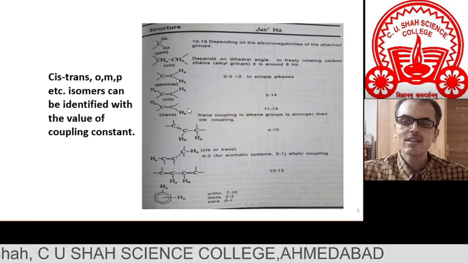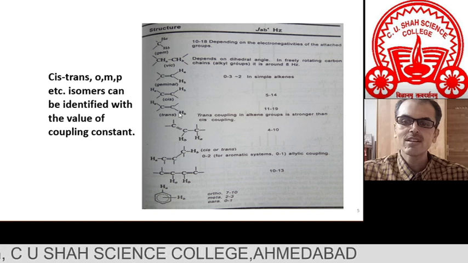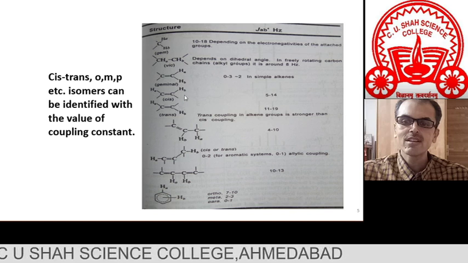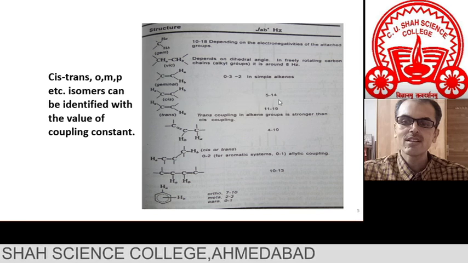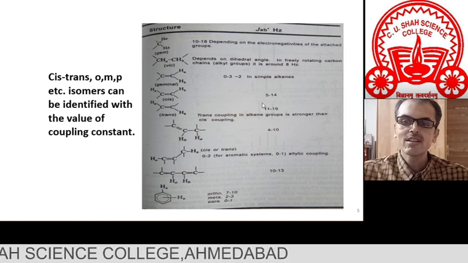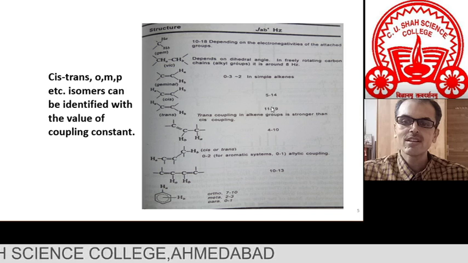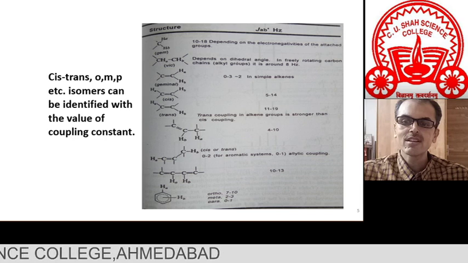This is an interesting case, cis protons and trans protons. Now cis coupling is comparatively weaker than trans coupling, and as a result you can see that cis has a J value in the range of 5 to 14 while trans has 11 to 19. Earlier I told you, friends, J is a measurement of the effectiveness of coupling. The greater the value of J, the more powerful the spin-spin coupling.